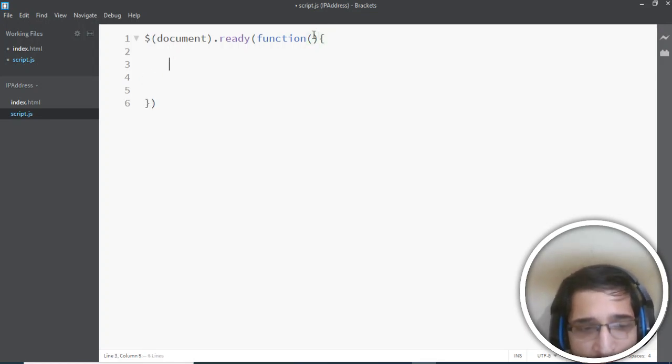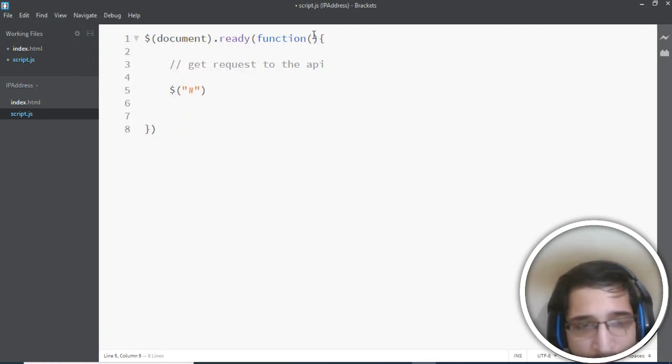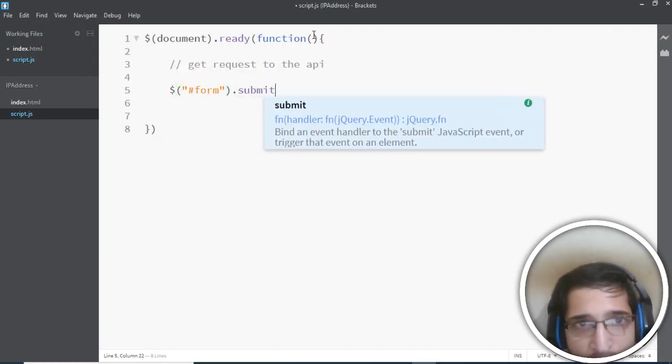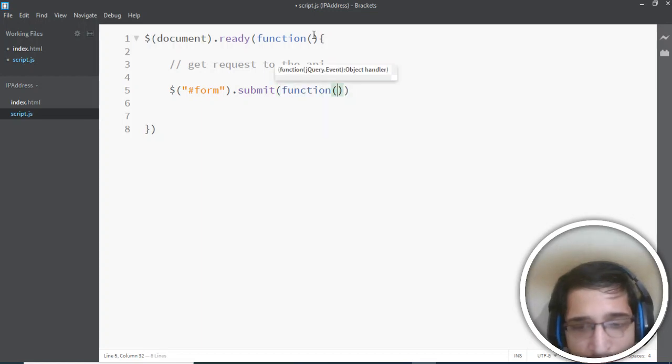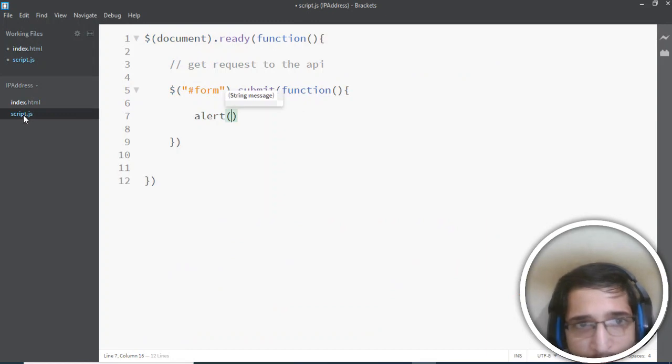So inside this we will be making a simple get request to the API. But before that we just need to get the form by its ID that we have provided of form. So when the form is submitted, we need to run this callback function. I have given this ID, you can see that, to the form here, form. So when the form is submitted, we will just be displaying an alert box. So just to see, hello world,